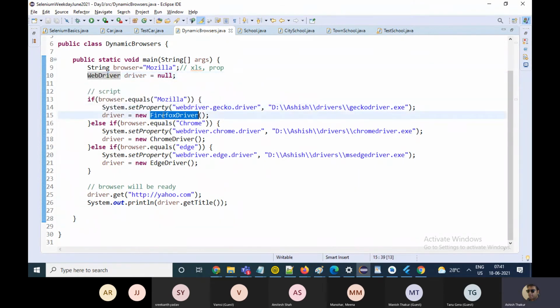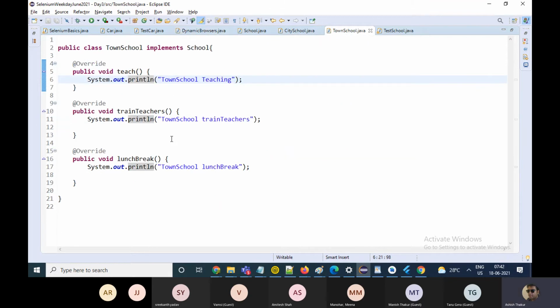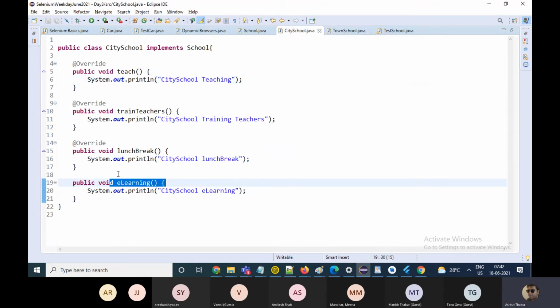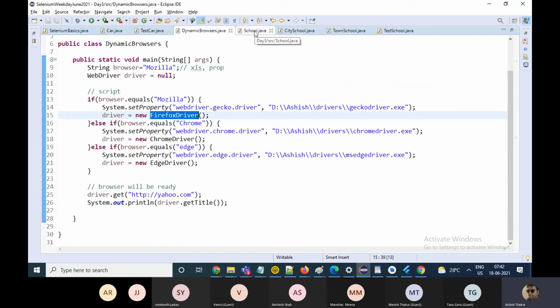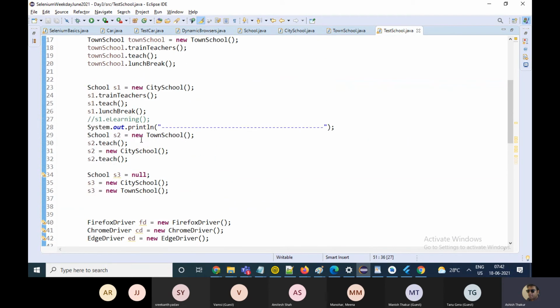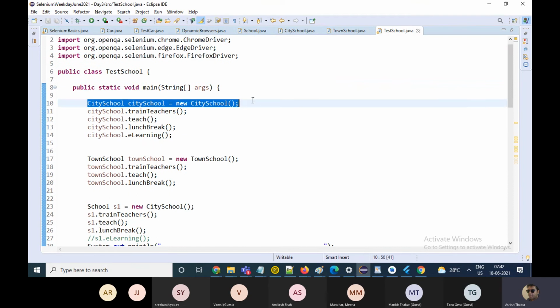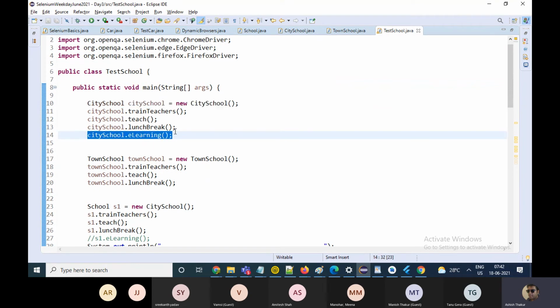Okay, I got your point. You're saying that if I have, say, a class like the city school, in which I had a proprietary function which could only be accessed when I was creating the object of the test school. When I was creating the object of the city school, I was able to use the object e-learning, right?